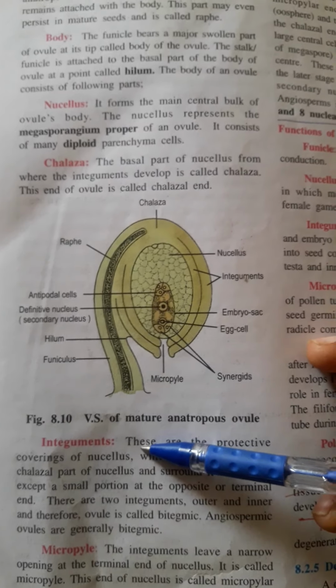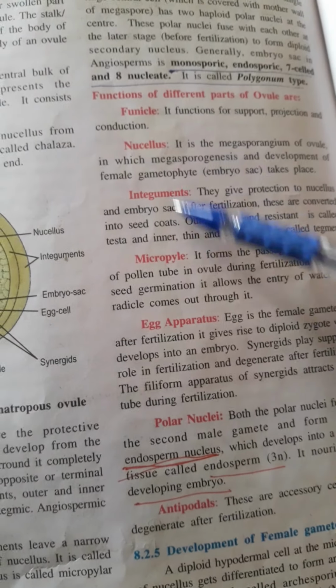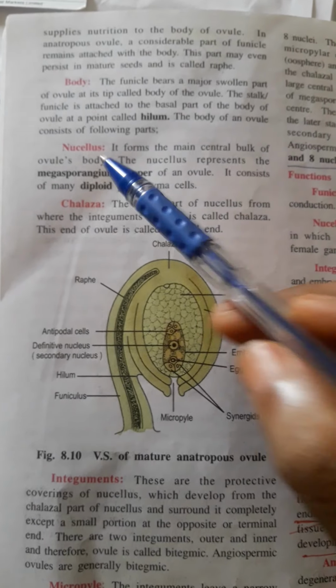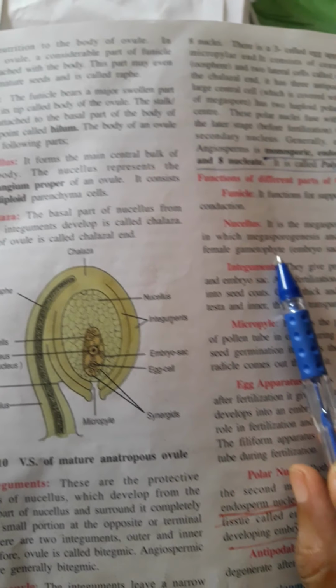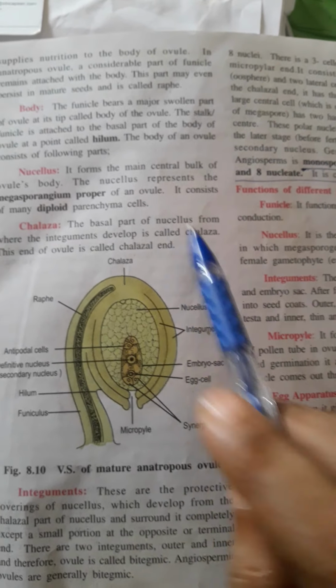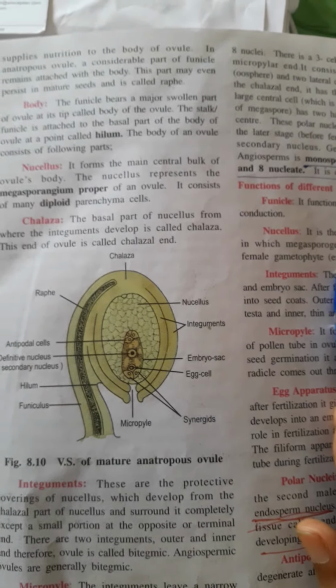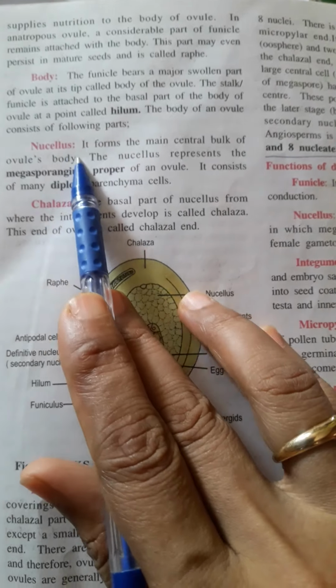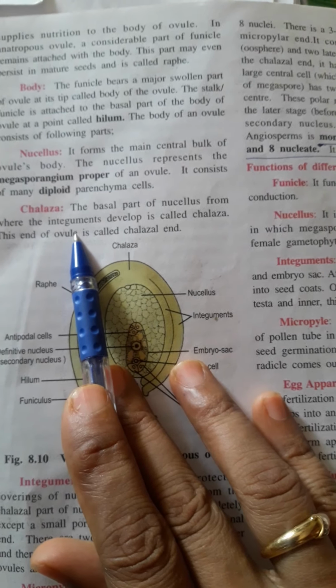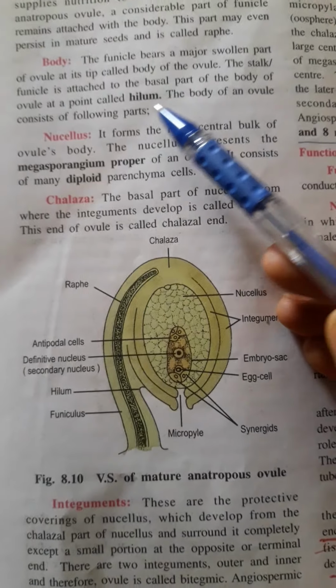Let's study one by one. First the structure and then we shall study the function of each. In exam, it's very important for you to explain one point of structure and one point of function. If you're not writing the function, you're losing the marks. So what you can do is that when you write your notes, below this, you can write down the function of each. Now let's start with the body.